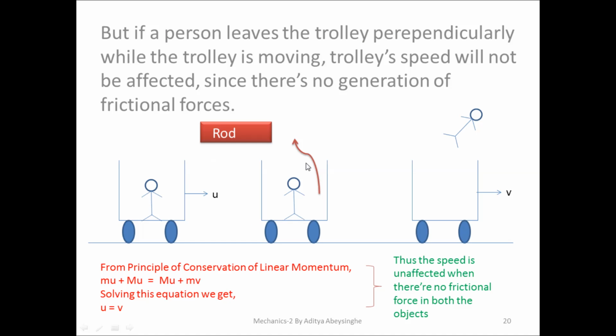And when the person leaves this trolley perpendicularly while the trolley is moving, if you take the initial velocity to be u and the final velocity to be v, you can say from the principle of conservation of momentum that m u plus M u is equal to M u plus m v. So you can say that u equals v. Thus the speed is unaffected when there is no frictional force acting in both directions. So that's about the conservation